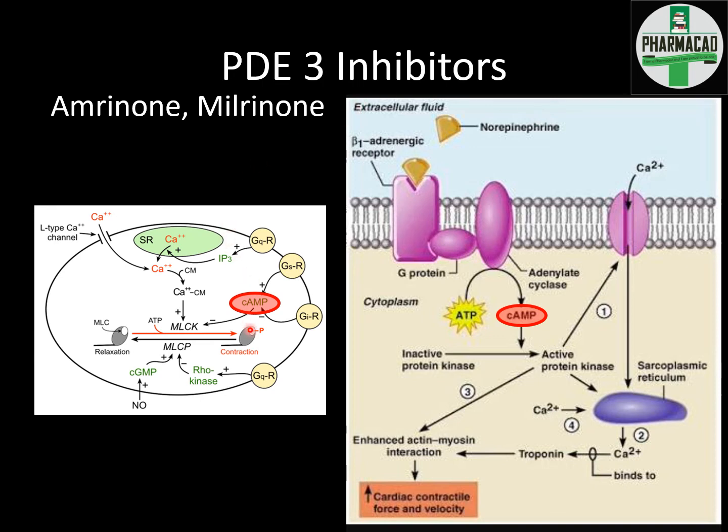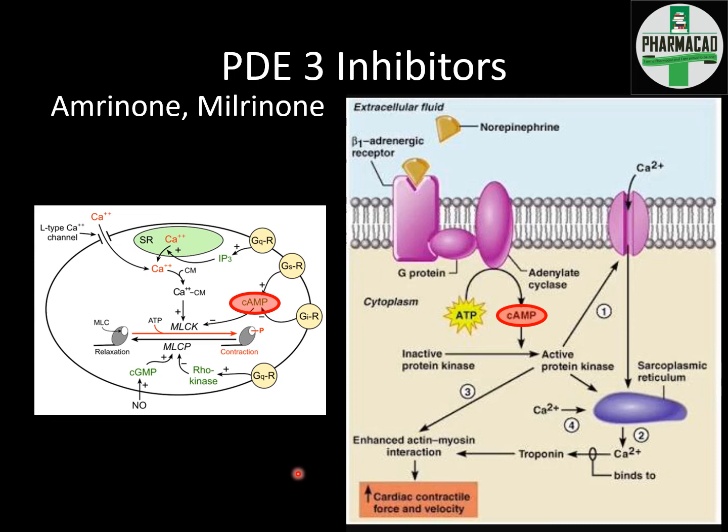In smooth muscle cells, high cAMP levels cause relaxation of smooth muscle cells, that is vasodilation, so preload and afterload will be reduced. In cardiac myocytes, high cAMP level activates protein kinase enzyme, and that's why there will be more contraction, cardiac contraction. So the force of contraction of the heart cell will be increased. So cAMP is good in both cells. So we need to preserve the cAMP, right? But what this phosphodiesterase enzyme is doing is breaking down the cyclic structure of cAMP, cyclic adenosine monophosphate.